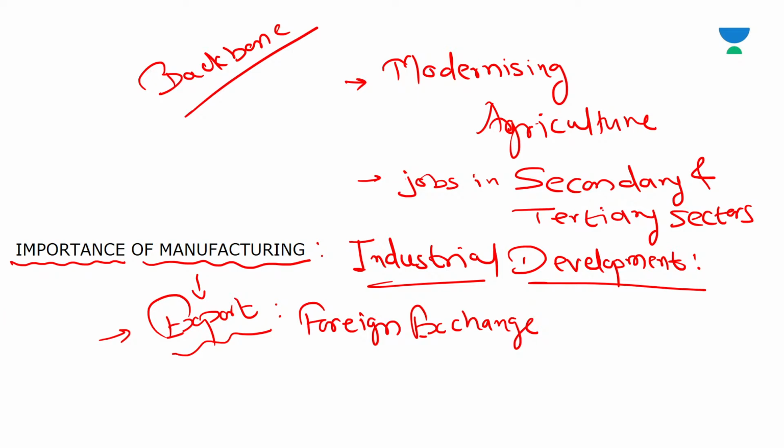So in the present day world of globalization, our industry needs to be more efficient and competitive, as self-sufficiency alone is not enough. Our manufactured goods must be at par in quality with those in the international market. Only then will we be able to compete in the international market. Now, contribution of industry to national economy.